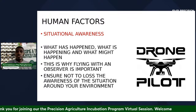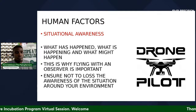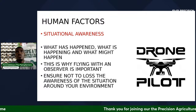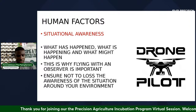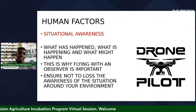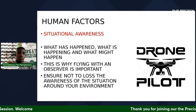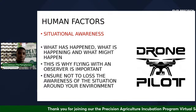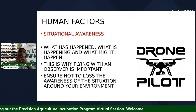Okay, let's talk about situational awareness. If I would say it in three phrases, it simply means you assessing what has happened, the past, what is happening, the present, and what might happen. That's the future. For you to actually have full situational awareness, you need the ability to conceptualize